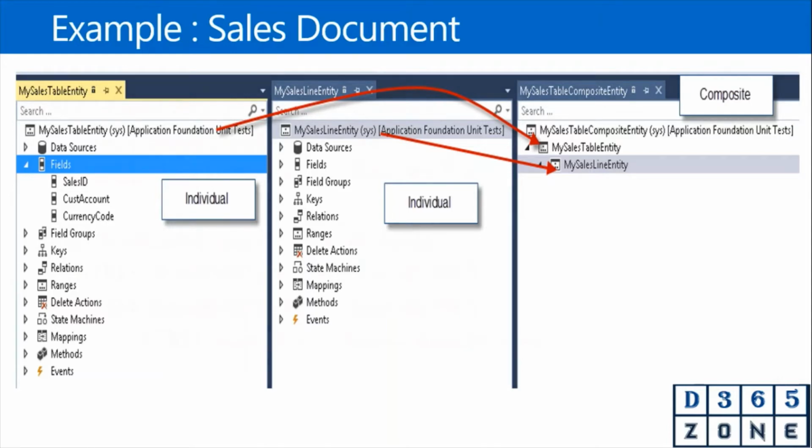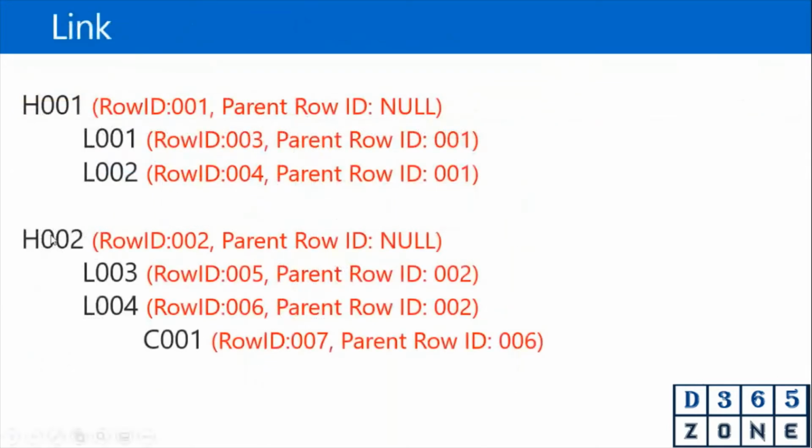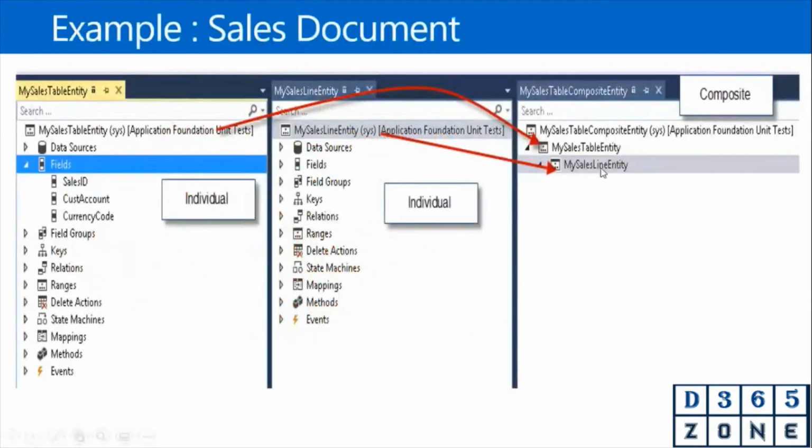As I said in the previous case, if you want to create an entity with three different structures, then you have to create one more branch within the sales line entity. So that follows a link between the tables. Okay, that's how it goes.